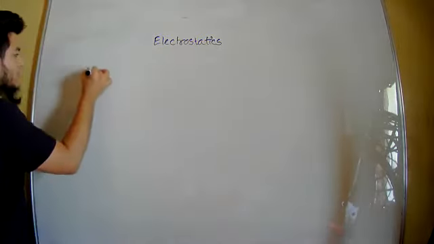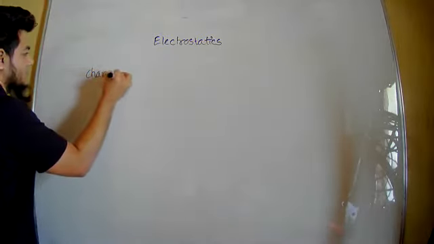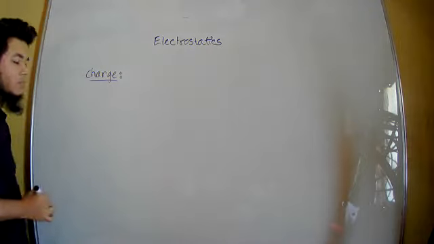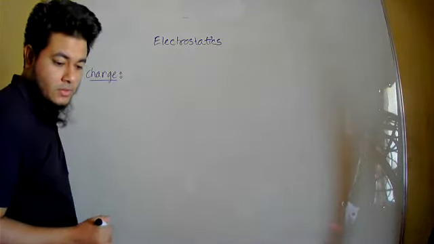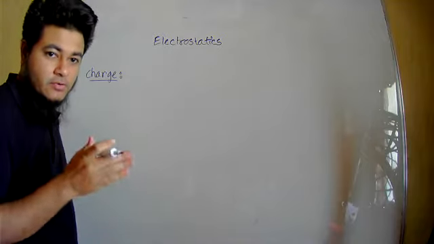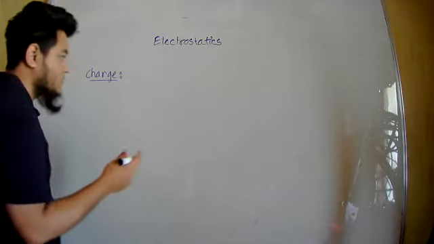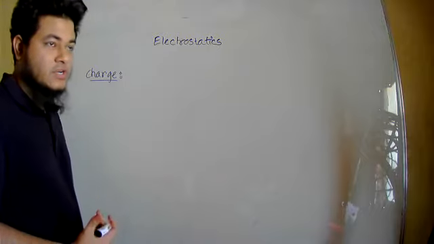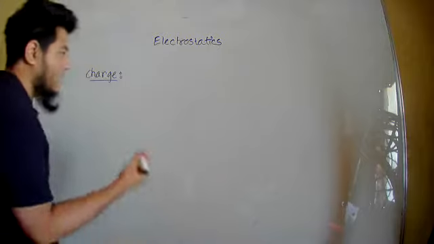The first topic that we have in this chapter is charge. Now, what is charge? Based on charge, we can actually differentiate between electron, proton, and neutron, right? So if I want to write the definition of charge, how can I write it? I can write it: